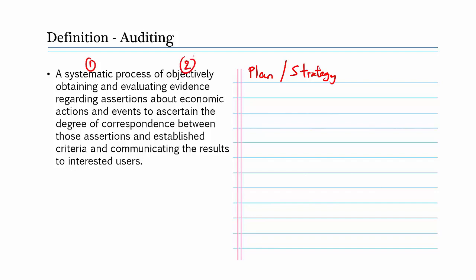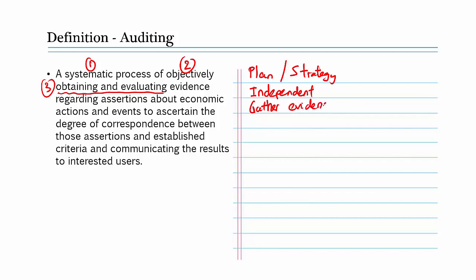For the auditors' work to have credibility, to be able to be relied upon by the shareholders, we say the auditors must be someone who is independent from the management. Because they are independent, they will not have a conflict of interest. They can objectively audit the financial statement. The next keywords are obtaining and evaluating. What it means here is that auditors, if they want to give an opinion, must gather evidence.